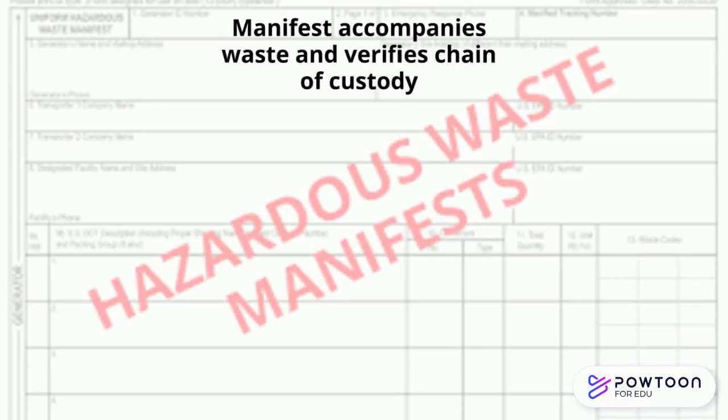Once the waste is transferred to a transporter, the transporter must sign the manifest. And once the waste arrives at the TSD facility, a copy of the completed signed manifest is returned to the generator. The manifest is important because if the TSD facility does not receive the waste in the expected time frame, or it arrives without the manifest, or anything is incorrect or missing, then the TSD facility must notify the generator, EPA, and the state.